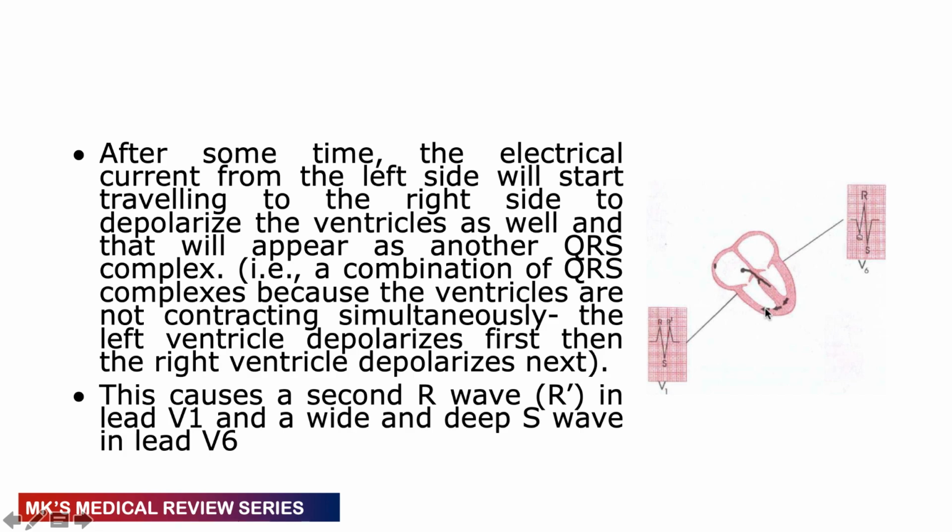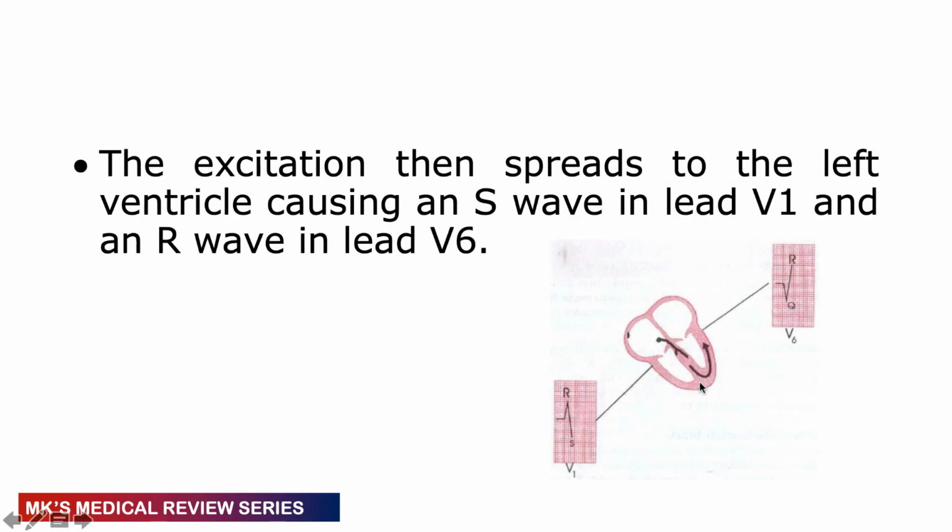Then after this has happened, under normal circumstances, this impulse is supposed to depolarize this, and afterwards there's supposed to be another impulse that comes and depolarizes the right ventricle. So this S wave here is supposed to come back to baseline and continue like that. Then this R wave is also supposed to come down to baseline and continue. That's how the QRS complex normally forms on the ECG. But this does not happen